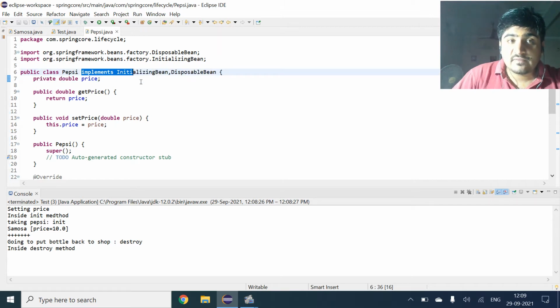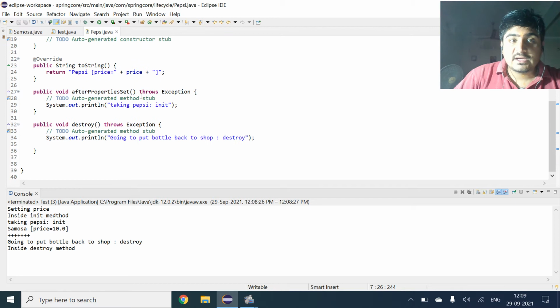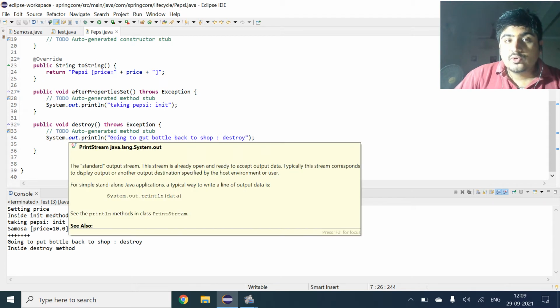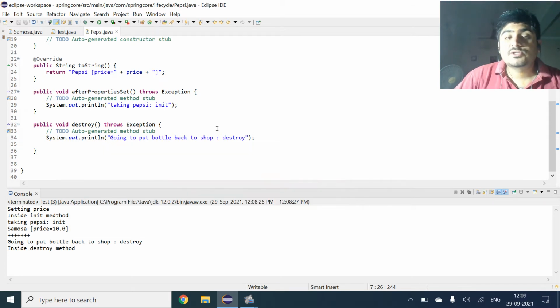These two things I have assigned, and after that I have given these two methods: public void afterPropertiesSet throws Exception, and public void destroy throws Exception, and I have given the print statements with System.out.println: taking Pepsi, that is the init method, and going to put the bottle back to shop, that is the destroy method.